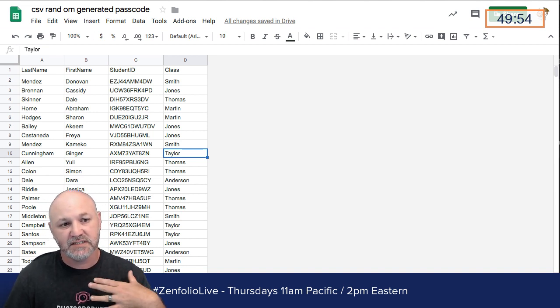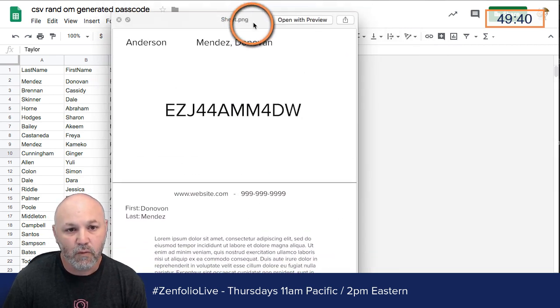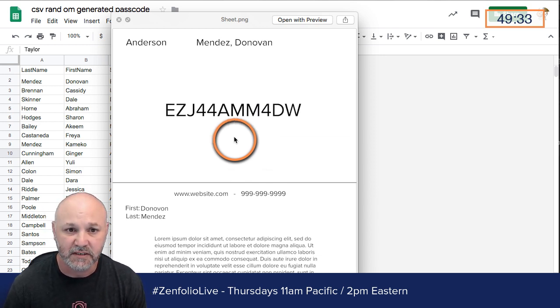Okay, so what we need to do with this data right here is basically get this set up for our sheet. So again, I showed you that example sheet. Let me pull it back up really quick. I think I have it saved somewhere. One second. So I showed you guys this example sheet right here. I'm going to drag it over here. We're going to create this in Photoshop, and it needs to update for each individual person